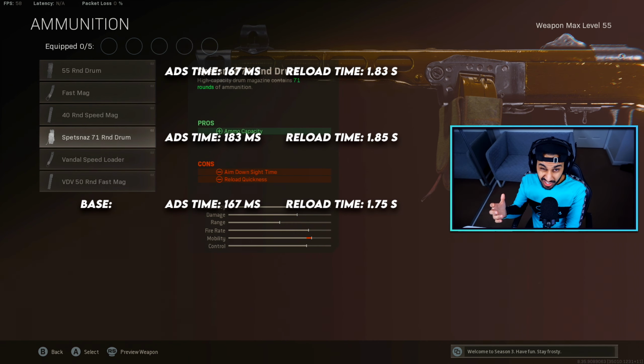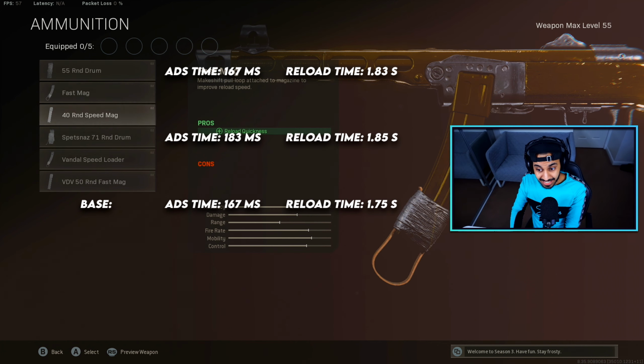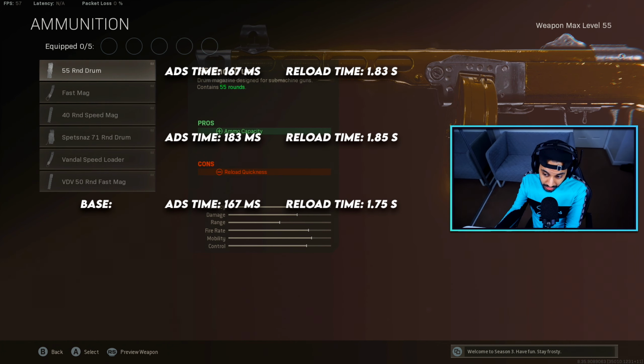Now, the most important thing to keep an eye on here, I think, is the ADS times, because like I said, ADS on an SMG is super important. So as you can see here, the base ADS on the PPSH is 167 milliseconds. The reload time for the base weapon is 1.75 seconds. And then if you do add on that 55 round drum, your ADS time stays intact as it states in game, so it doesn't give you a con to ADS time, which is true. And then the reload time does get hurt by about 10 milliseconds, which is not a huge amount in the